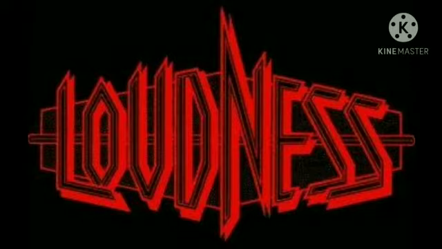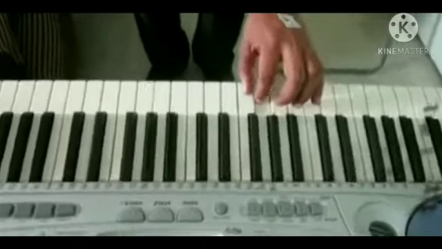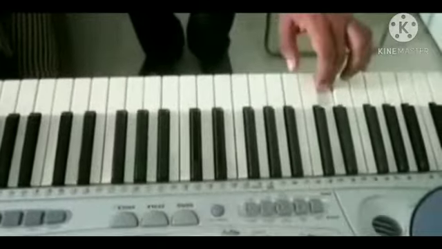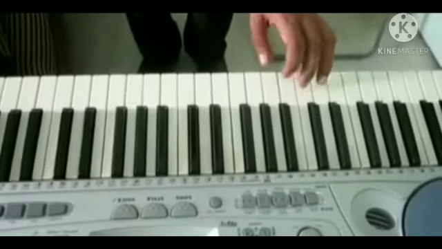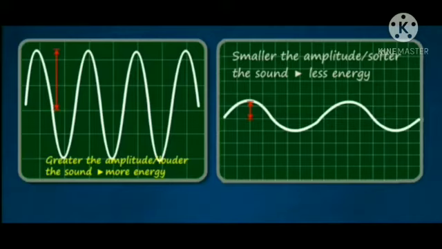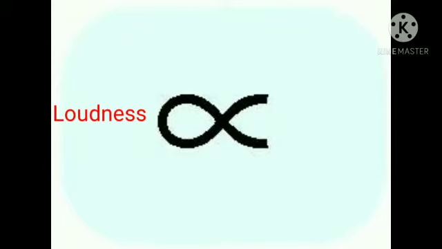Loudness. Loudness is a characteristic of a sound by which a loud sound can be distinguished from a faint sound, even though both have the same pitch. It is measured by the amplitude of vibrations of the sound source. It has been found that loudness of sound is directly proportional to the square of the amplitude of the vibration